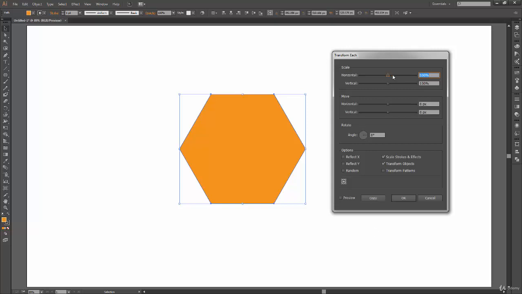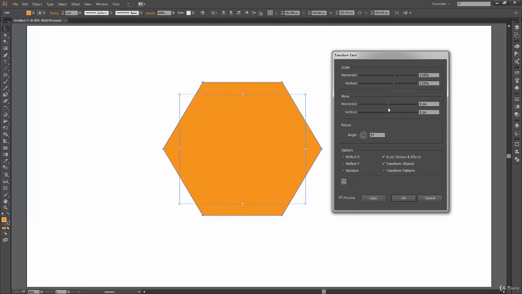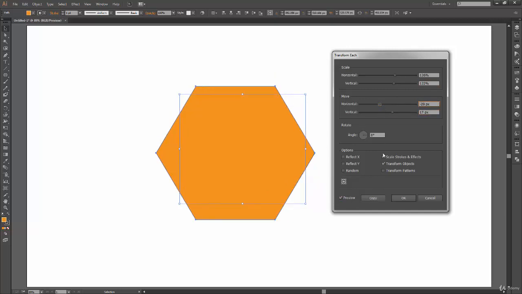Like the name says, scale: we can scale it in the horizontal or vertical direction. You can click on preview to see the value changes. Again, we can move it from here, either on the horizontal axis or the vertical axis. You have this rotate option, where you can click on this dial and move your mouse to rotate, or you can type the value here.